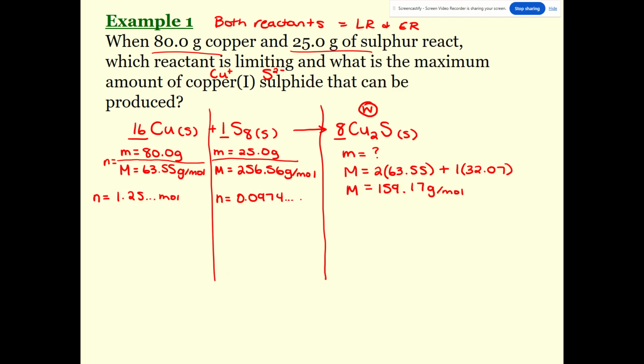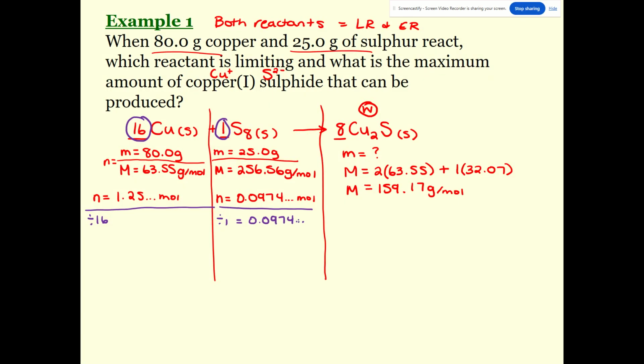0.0974 moles. Okay, but like I said, there's this extra step we have to do, which is not used in subsequent calculations. It's just used to determine which one is actually in smaller quantity when we take into account the fact that copper reacts 16 times for every 1 sulfur. Okay, so I'm going to divide this moles by 16, the balancing coefficient, divide this one by 1, the balancing coefficient of the sulfur. Okay, so obviously this is going to be the same,